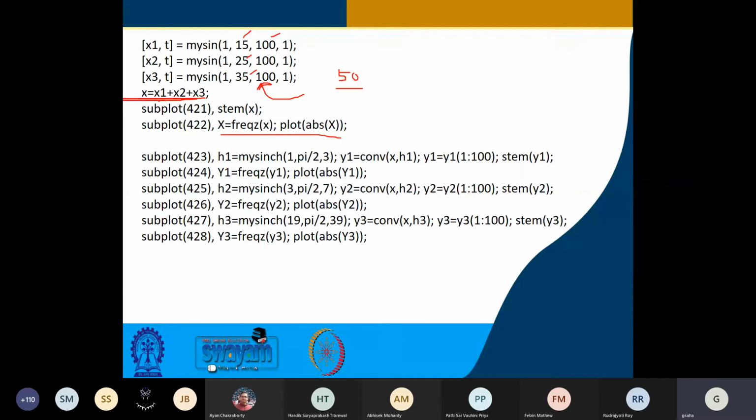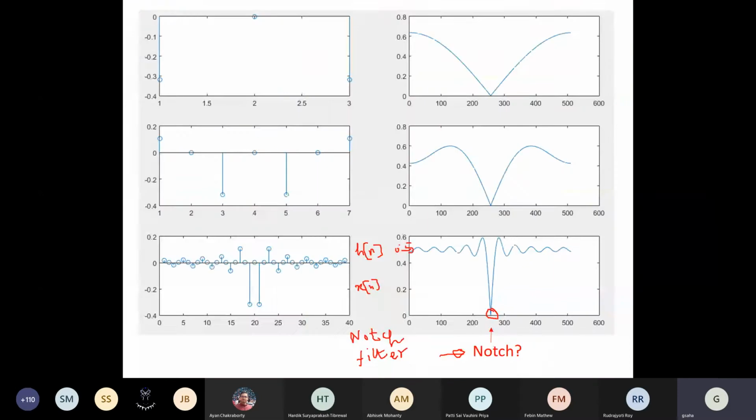Okay. So that is convolved with the composite signal, right? Pi by 2 is the cutoff frequency. So this pi by 2, because of whatever we had seen before, corresponds to the notch that we see here. So that is the 25 Hertz, right? You can connect it. Am I clear?